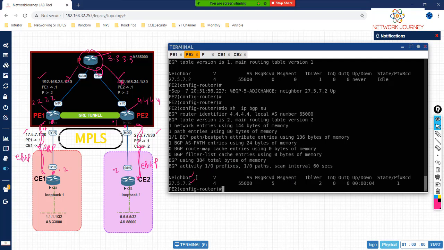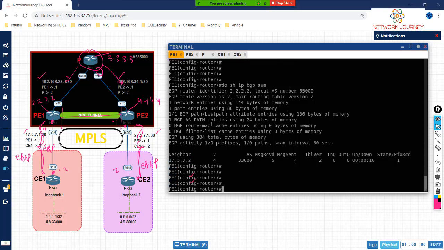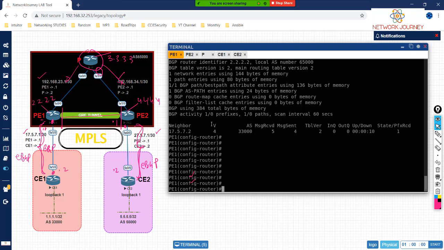The next part here is to get the GRE tunnel configured. We need the GRE tunnels. The GRE tunnel is between provider edge 1 and provider edge 2. Let's say if I had no MPLS option, I would have preferred a GRE connection, right? So let's create a GRE tunnel here. Why am I going with a GRE tunnel? Don't I have any other solution? Yes, I can go with iBGP, but I don't want that solution because the